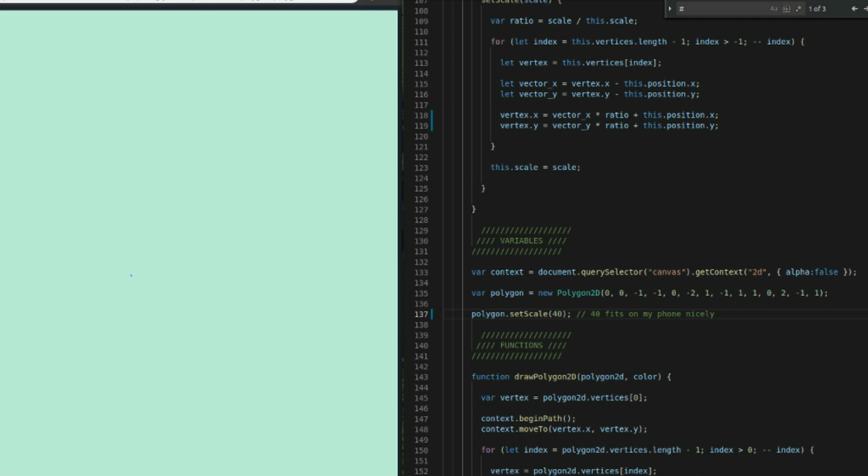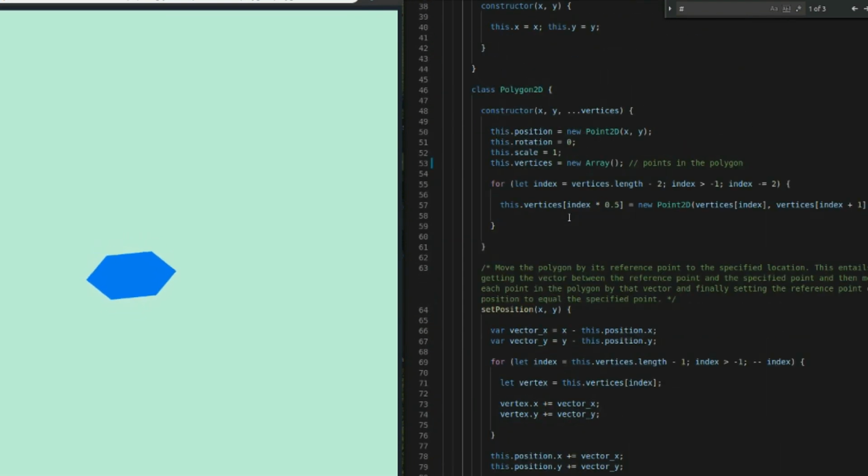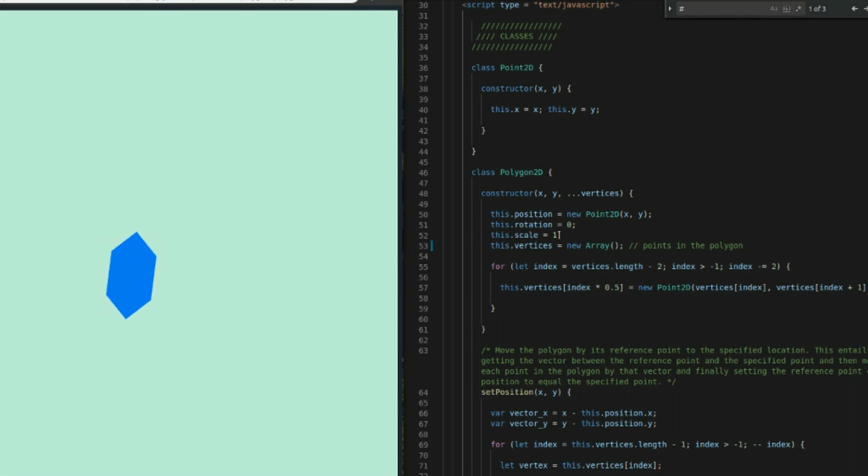So let's go ahead and put it back to regular size by commenting this line back in, and take a look at the actual scale function here. So the first thing we're going to have to do is get the ratio to scale by, because we want to keep track of the current size of our rectangle, or not a rectangle, but our polygon. We want to keep track of the current scale of that polygon. So we have to get the ratio between the desired scale and the current scale. So initially we have a current scale of 1, and we can see that up here in the constructor. The current scale when we start out is 1,